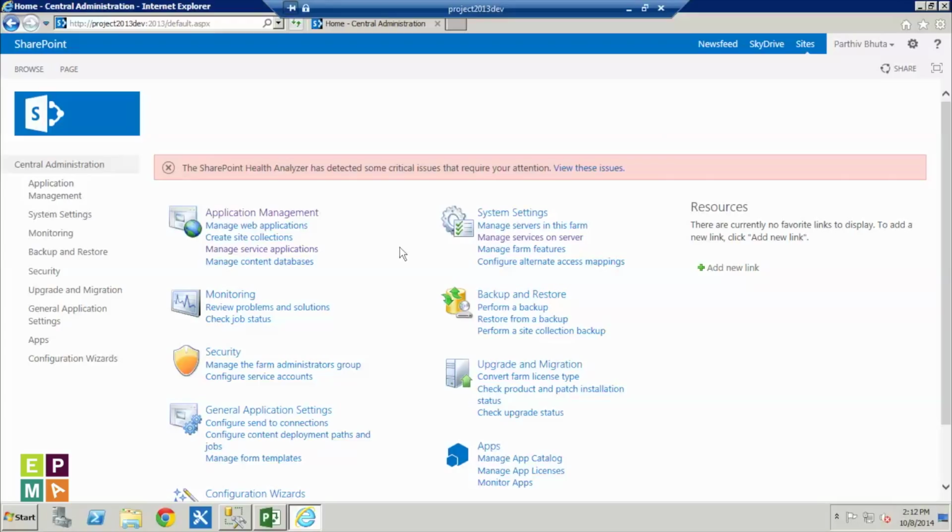So in order to have options to back up or restore your project server projects or enterprise resources or custom fields, I have to go to central admin. So before we start and see how we can make these changes, I would like to talk a little bit about what this actually does. So it's not your database backup. This is not a database backup.